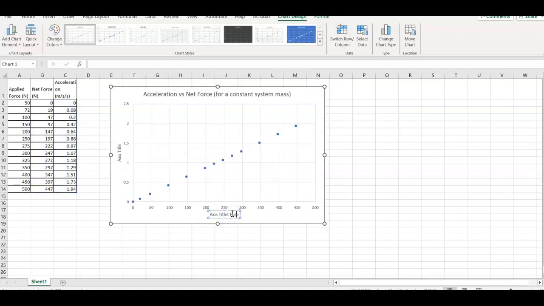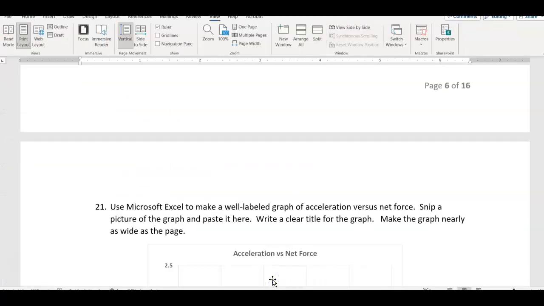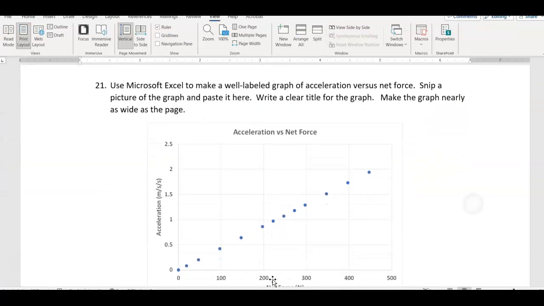Net force would be on the horizontal axis because that's our independent variable, and the acceleration would be on the vertical axis because that's the dependent variable. I have this graph. I'm going to copy it and paste that in at step 21 in the lab